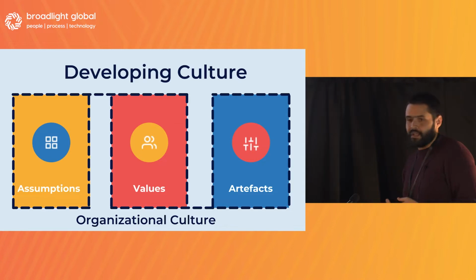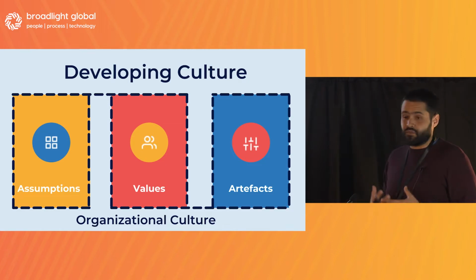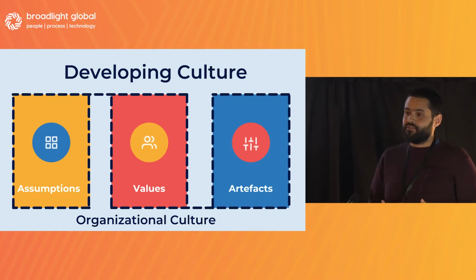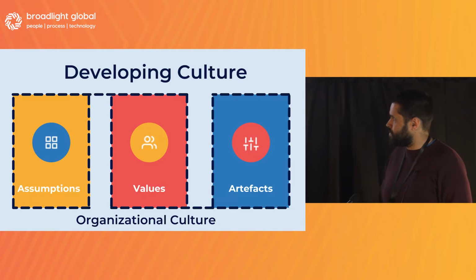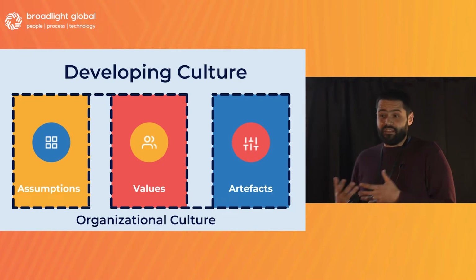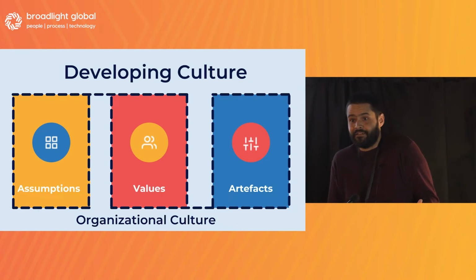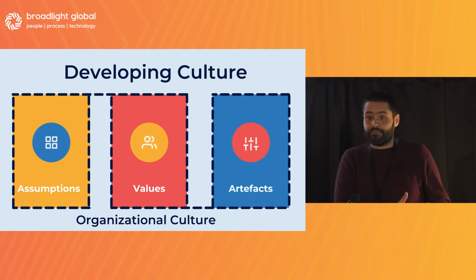In terms of developing culture, Dr. Schein argues that there are three big buckets, let's say. In order to enact changes in culture, you need to consider these three things. One of them is the assumptions. How are people making assumptions? We're going to go through details on all three in the next few slides. Then, what are the values, right? Not just the values people talk about, but when people make decisions, what values are they enacting? Because that's what sets up the recurring patterns that we end up calling culture.